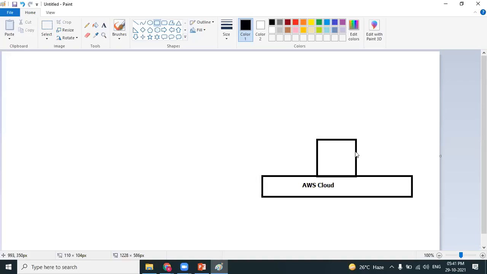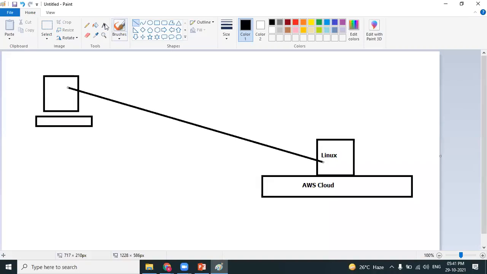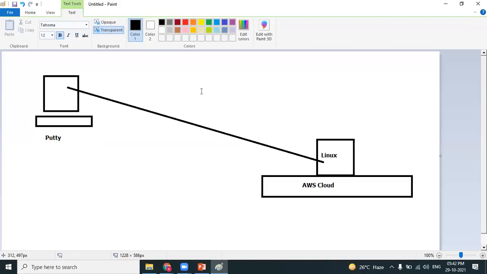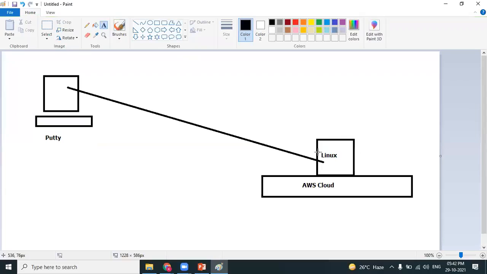Not only creating a Linux machine, we are able to successfully connect to that Linux machine. Agree? Yes, sir. We have also learned how we can successfully connect to a Linux machine using a terminal called Putty. And what port have we opened? We have opened the SSH port. You're right.